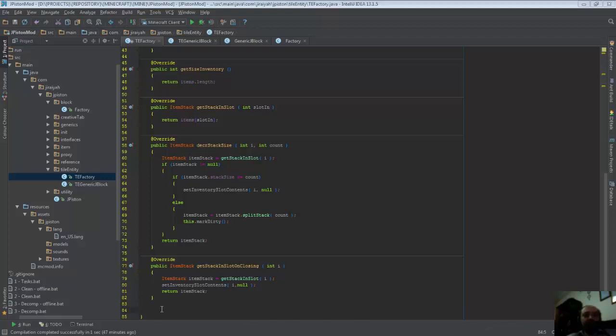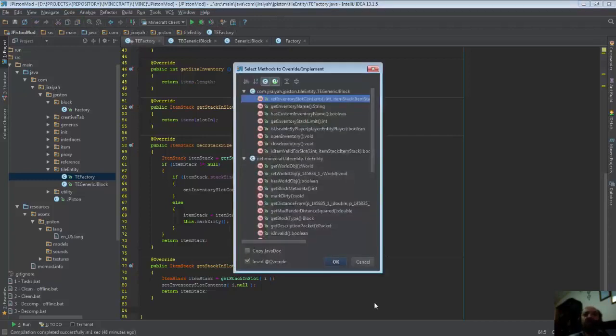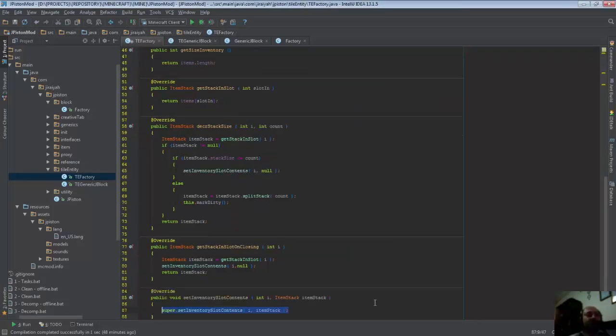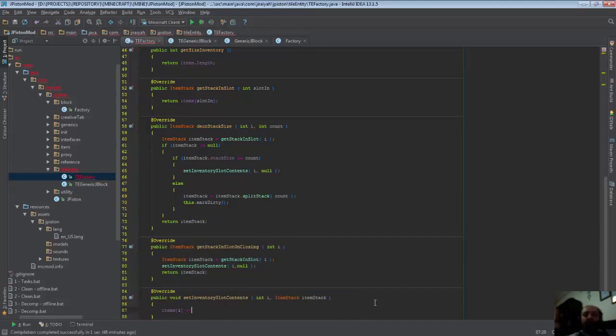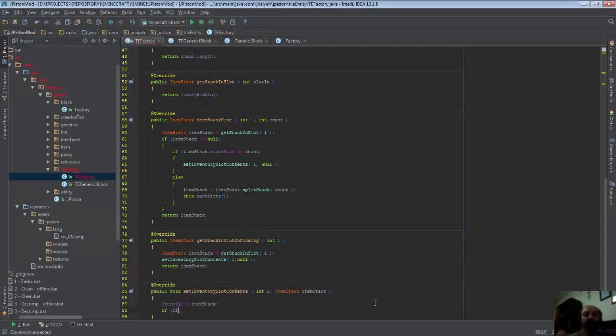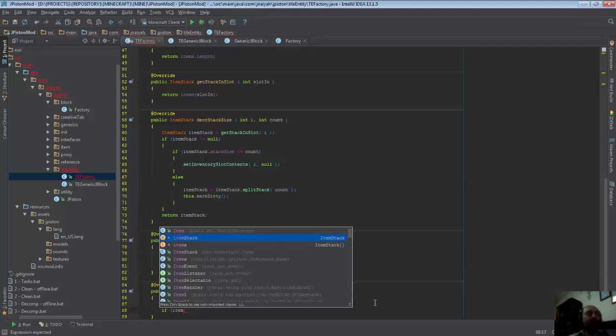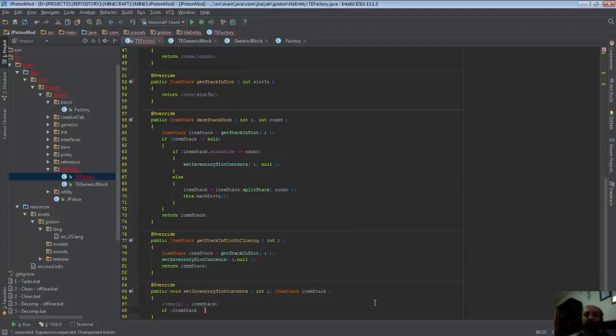Then another one of those overrides, and that's set inventory slot contains, index of I and item stack, and we say items of I equals to the item stack we gave it. Okay. Then we say if item stack does not equal to null,